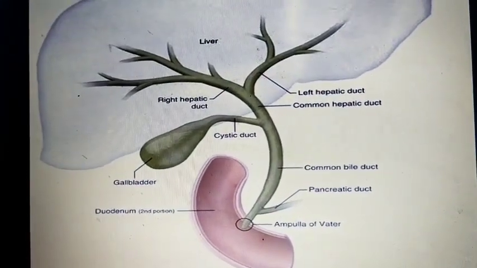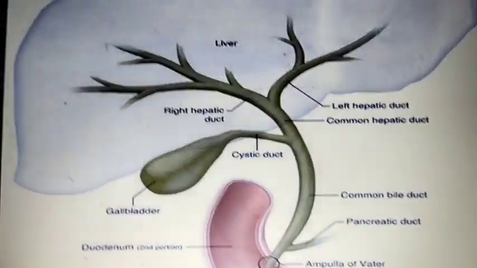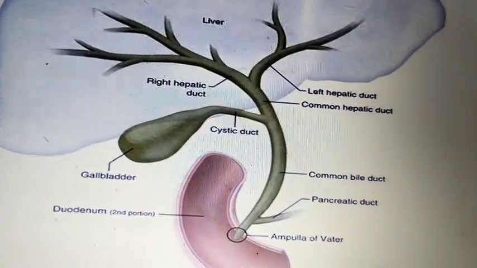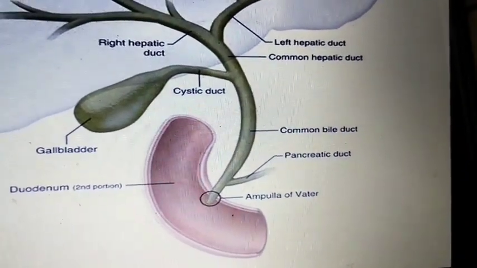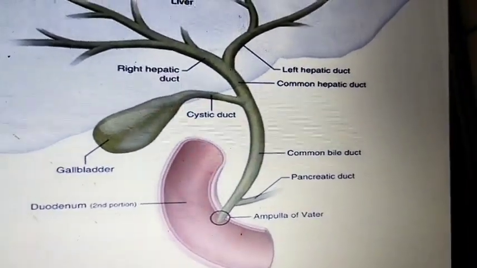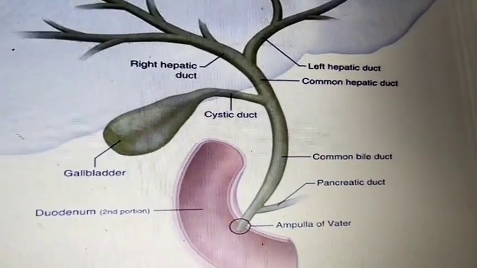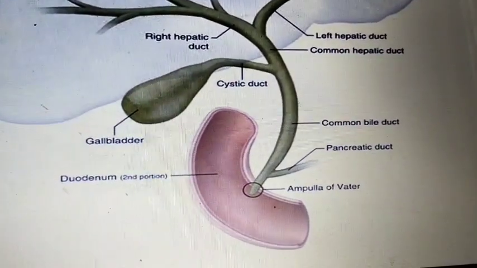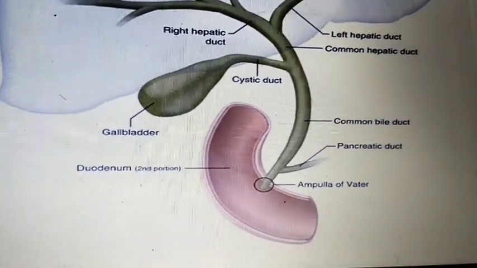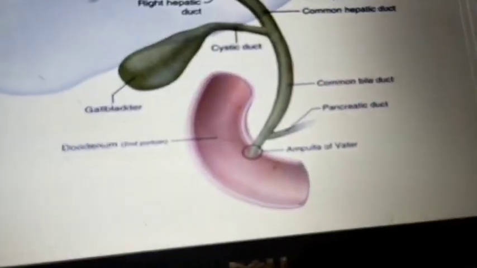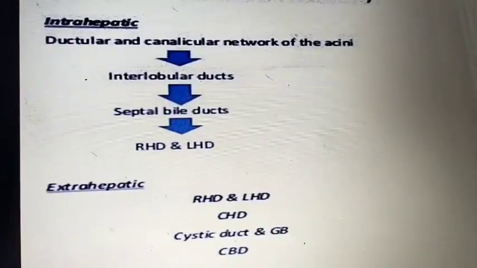Okay, this is the right and left hepatic duct. Okay, and then they join together where the right and left hepatic ducts join, and come downwards and backwards, forming the common hepatic duct that you can see in the porta hepatis. There the right and left hepatic ducts join together and form the common hepatic duct, and the common hepatic duct courses downwards and backwards, and after that the cystic duct joins and forms the common bile duct, and the common bile duct joins the pancreatic duct and forms the ampulla of Vater. Okay, I can go to the next slide.